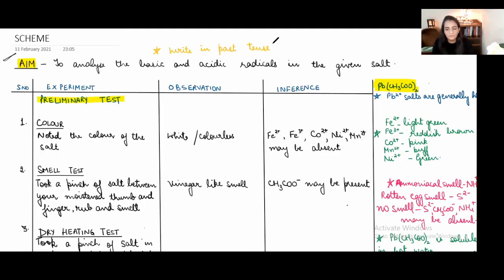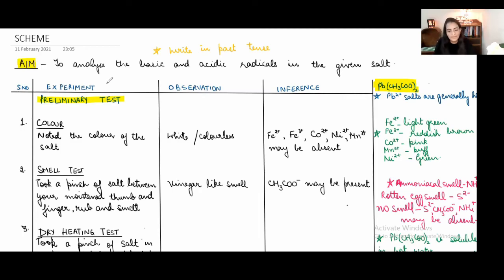And please remember, it's very, very important. We always record practical content in past tense. We always write in past tense, never in present tense. Why? Because we always record our observations after we have performed. So we always write "took sample of the salt in a test tube," not "take." We are not guiding somebody to do it. We've already done it and then we are recording. So remember, lab manuals should always be written in past tense.